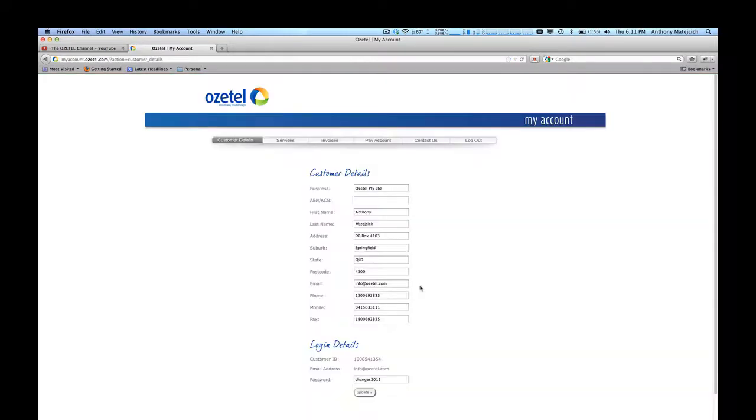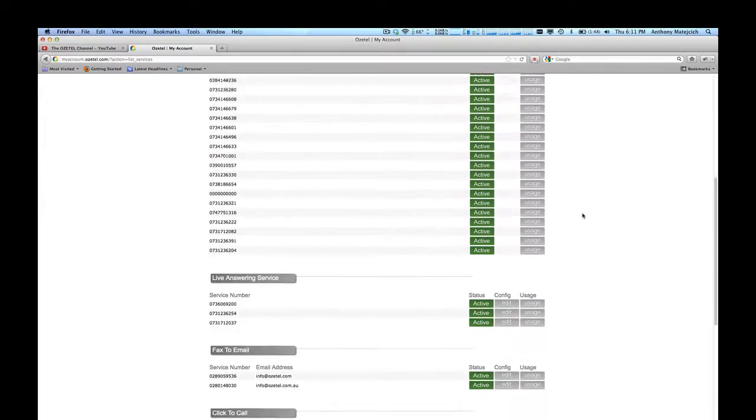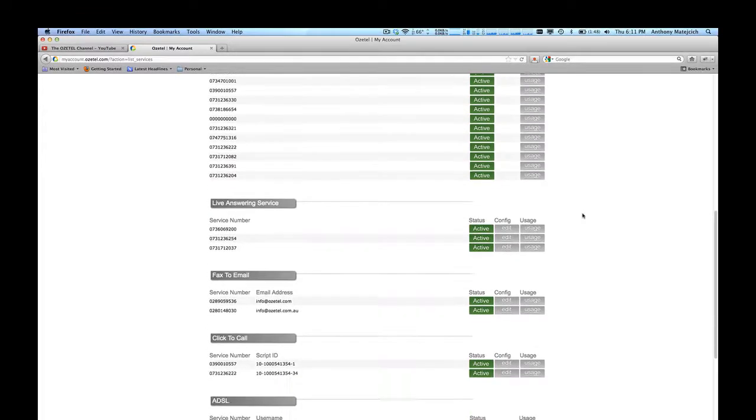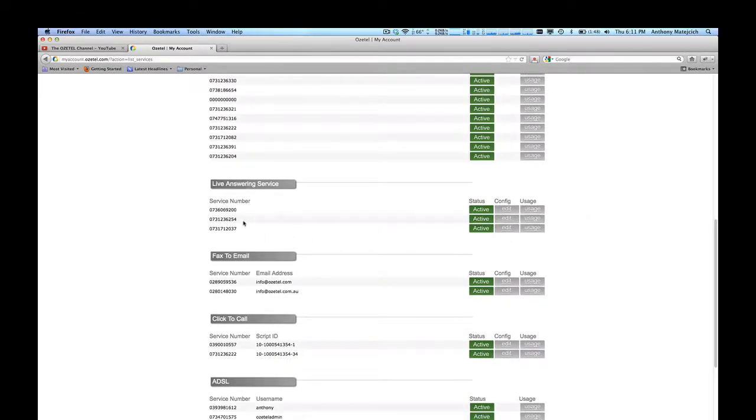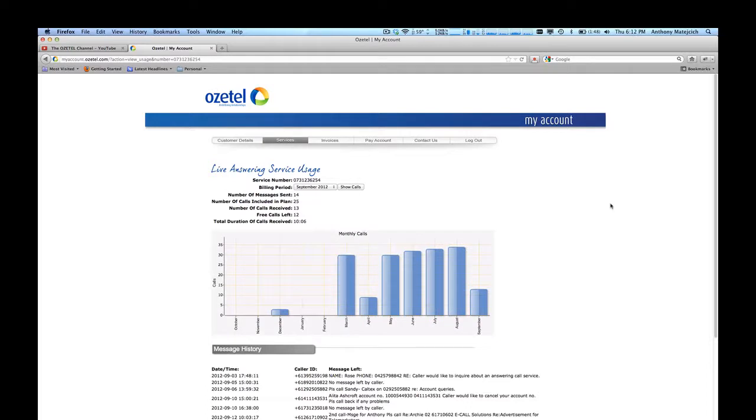Logging into the control panel and clicking on services, which again brings up all of your services active with Aussietel. Scroll down to the live answering section, pick the live answer service that you want to look at and come across to the usage column. Okay, so clicking on usage then brings up all of the graphing and the detailed transactions for your live answer